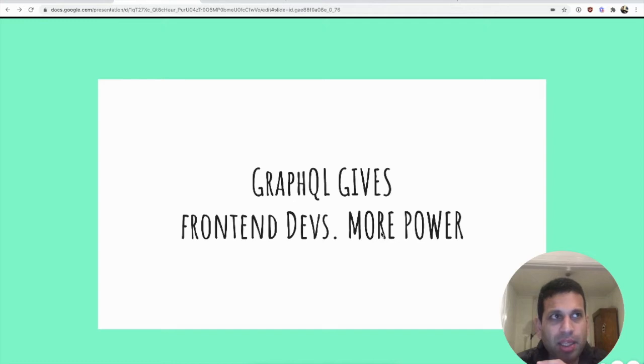Supergraph essentially gives front-end developers all the power. They know what data they need because they're basically building the UI, and they write down the GraphQL query for those data needs. And Supergraph essentially just gives back JSON in the exact structure that they want it in, with all the data that they need. And from a backend perspective, it's very efficient because no matter how much data you're requesting, Supergraph essentially generates just one SQL query, even for deeply nested objects,